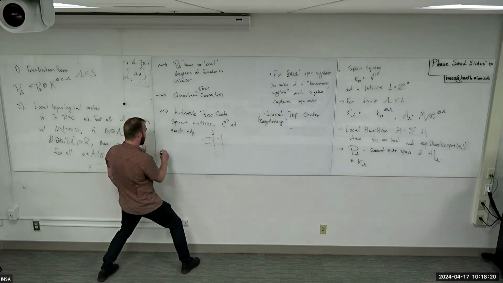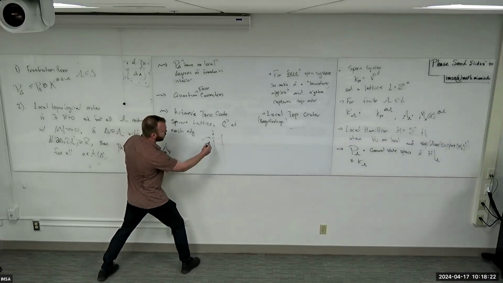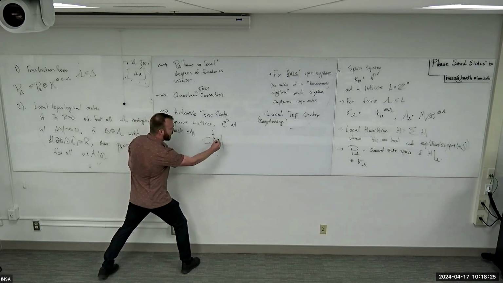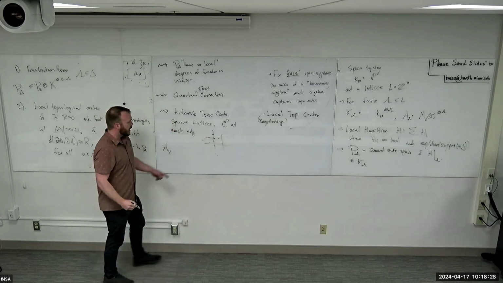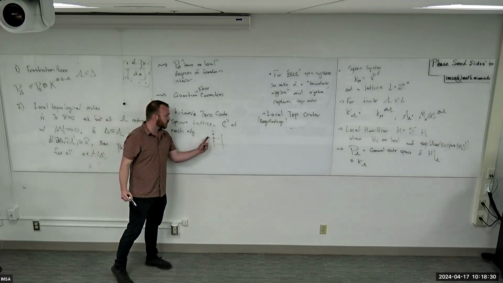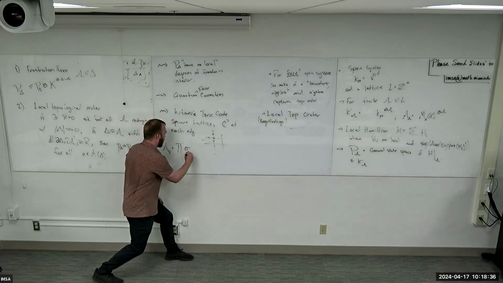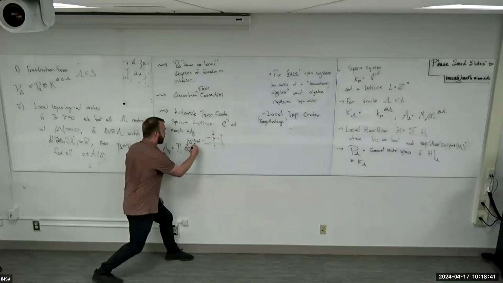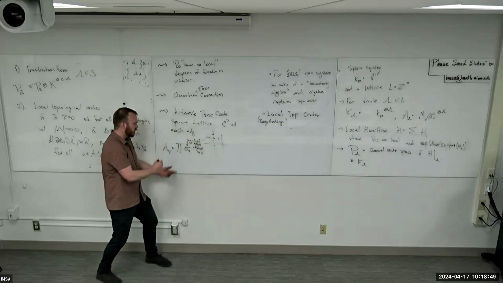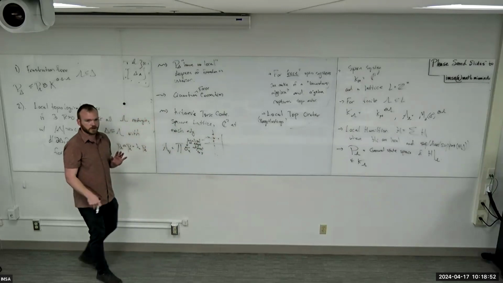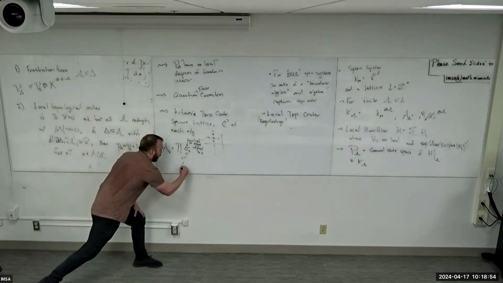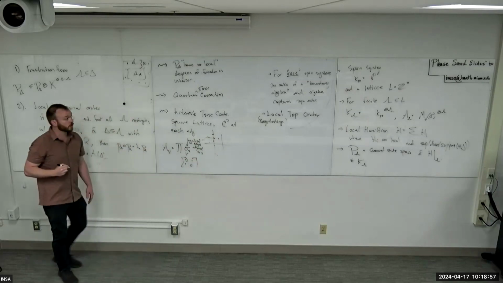So you have a vertex term, which is like A_V, where for each vertex V, I look at all the edges that are adjacent to that vertex, and I apply a Pauli X operator to each one of these. So it's a product of Pauli X, localized at edges adjacent to V. And Pauli X is like 0, 1, 1, 0. I don't know if you guys use that, the Pauli X terminology. Just the 2 by 2.